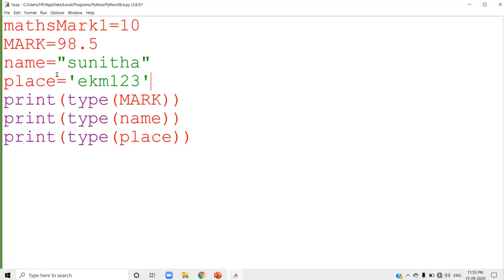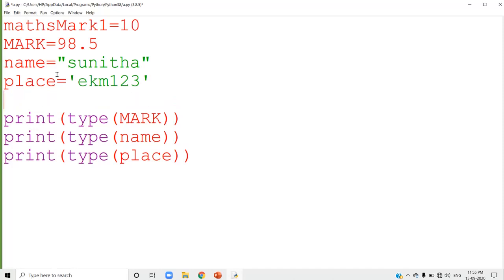Now I am going to use another variable, C equal to. You can use a single alphabet as a variable name or identifier. Don't think that it must be a combination of alphabets. It can be a single alphabet also. Last class I explained all the variables in terms of single alphabets. So C equal to, I am going to use another data type, which I can represent like this: 9 plus 6j.